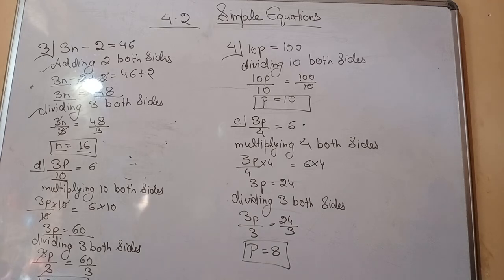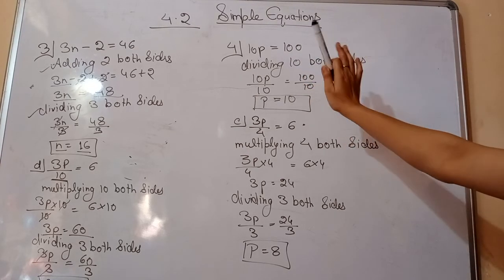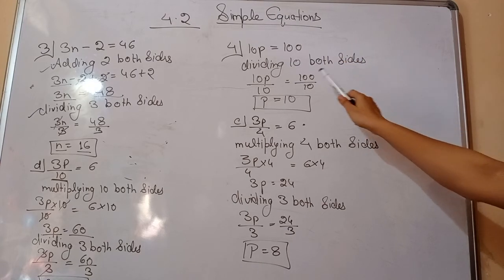This is how in this question you have to write two steps of separation. After that you have to find the solution. Now question number 4 is the combination of all three questions. Means here we have to write steps of separation also, then we have to solve the questions on the basis of previous concepts. Like here 10p equal to 100 is given. Only one step of separation we have to write here.